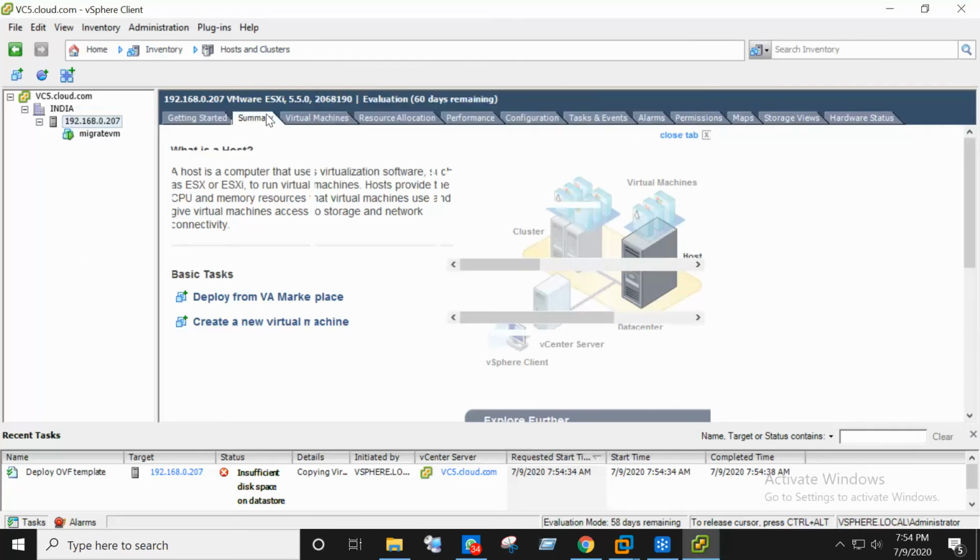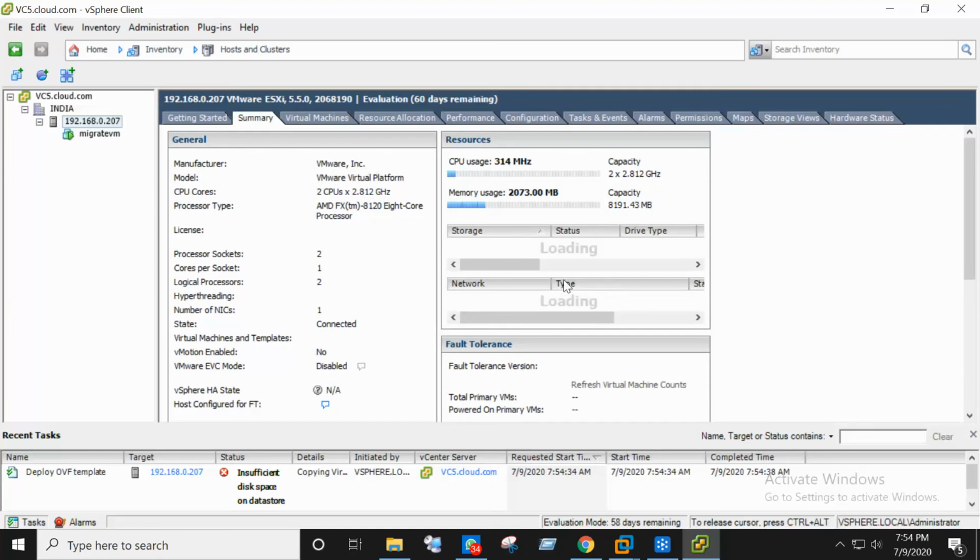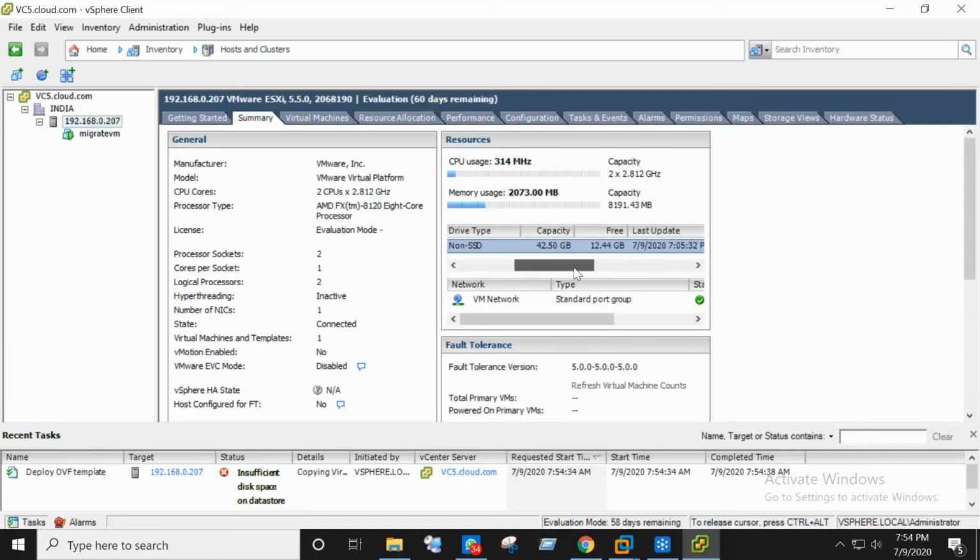Let me check the capacity. Exactly 12 GB is free. What will we do?